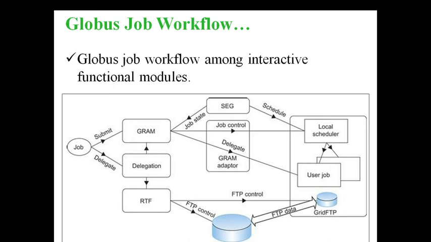Okay, so the scheduler will make a request to the local scheduler. The local scheduler finds your resources, that is your user job. If it is able to provide the local services, it will make access to the grid FTP where your files are stored. Whenever the grid FTP is ready to provide your requested resources, it will allot the same, and there you can provide the data to the customer or client. So this is what happens here.